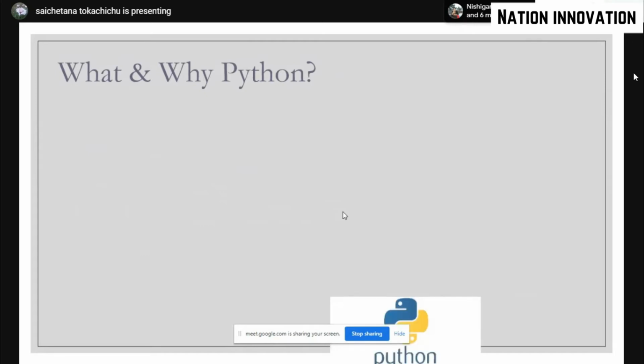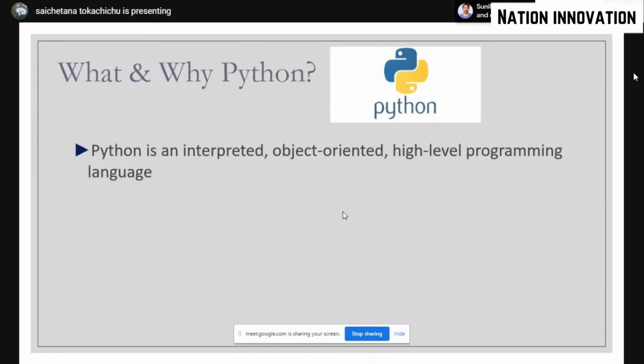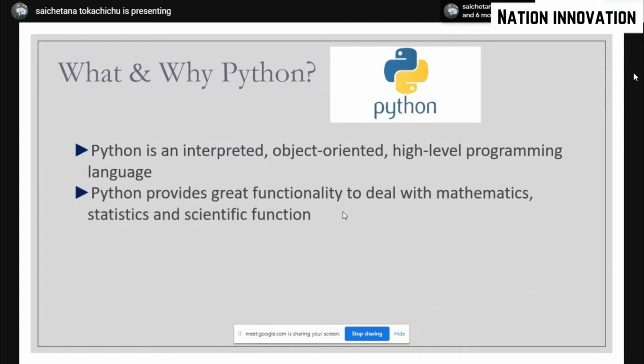Why? So this is the logo of Python. So why do we prefer Python? First of all, Python is a high-end object-oriented language and it is open source. So why do we use it? The main benefit of it is that it's very easy to handle scientific and statistical functions or mathematical functions where you are using high order mathematical functions of differentiation, integration, or whatever it is. I'm not that good with math. Another benefit is its syntax is very easy to understand.